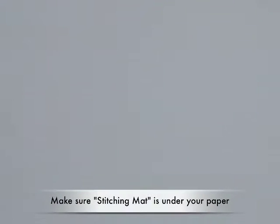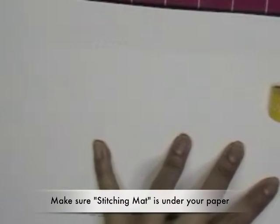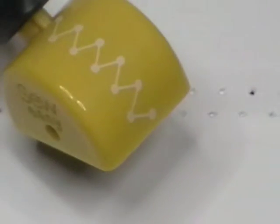I'm going to zoom out. Okay, and now I'm just going to pierce right through. Okay, so there are the piercing holes created by the piercing head on the So Easy. And now what I'm going to do is I basically just take my thread and I can start creating my